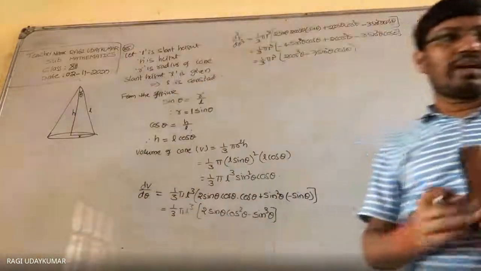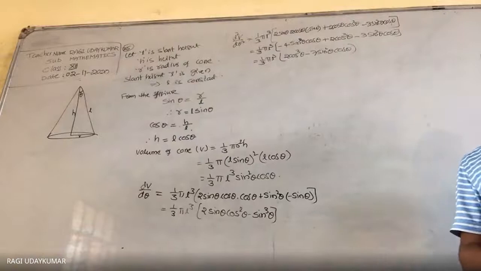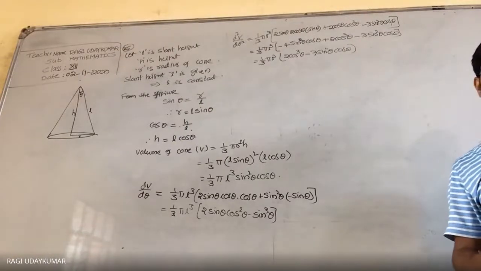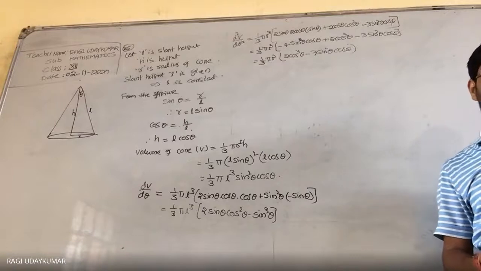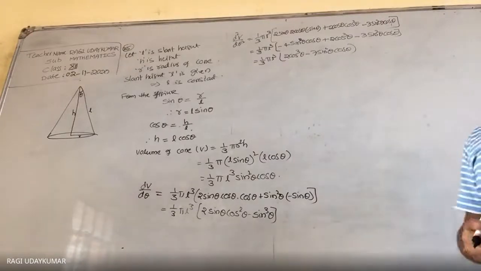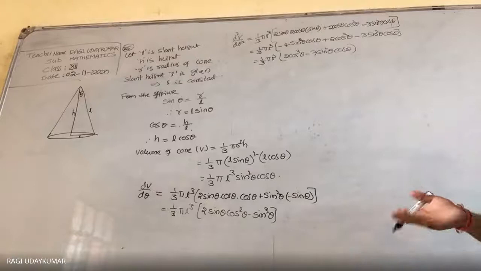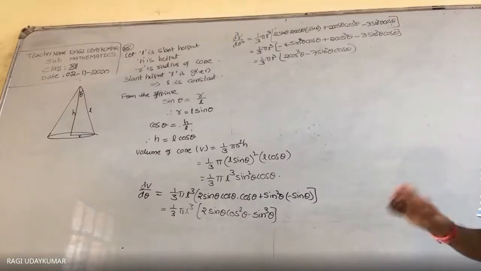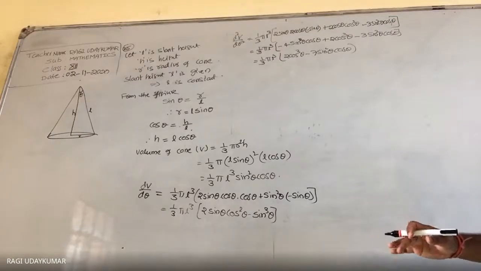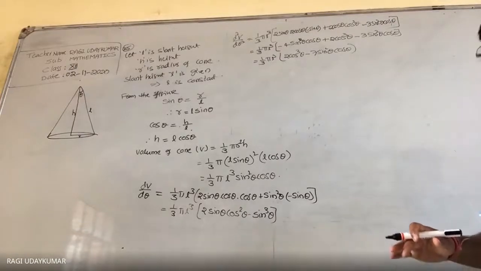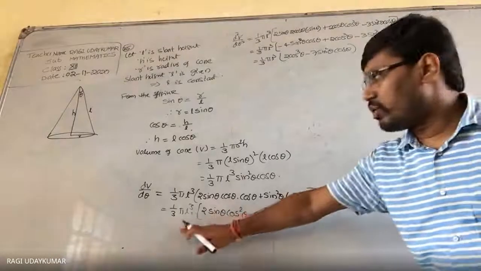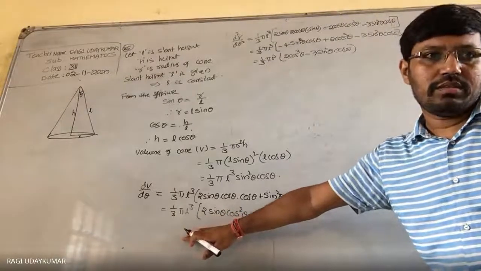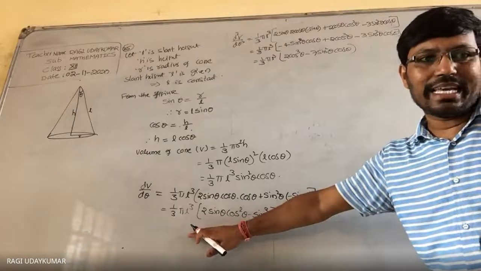This is d square v by d theta square. And here the question is asking you in terms of tan. In terms of tan में पूछ रहे हैं. So here better you convert into tan. Otherwise, yes, you can keep it as it is. It's not a problem. Convert into tan कर सकते हैं. Otherwise, you can keep it as it is also. इसको is equal to 0 लेना. Okay. dv by d theta is equal to 0.